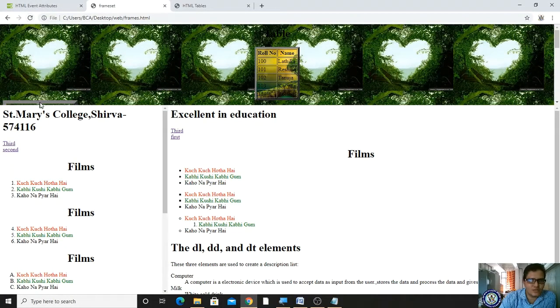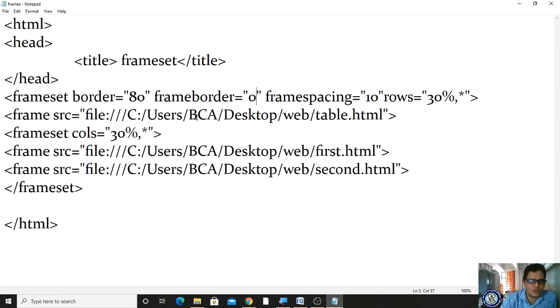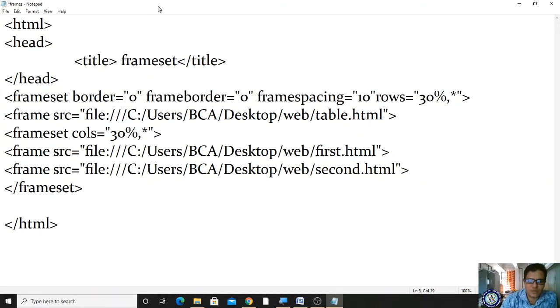If I refresh, are you identifying any changes? Now you are identifying the changes, right? What changes are you identifying? The frameset border is accepted, but the frameborder is not accepted. Here the frameborder is not there, right? Frameset border means the page border is accepted. Okay, but we do not know whether it happens or not. Got it? Yes, likewise it has taken the frameset border. So here the border is accepted. For example, if I make it 0 and if I make it 90, let me see what will happen.